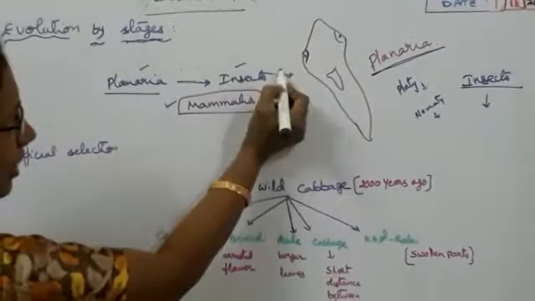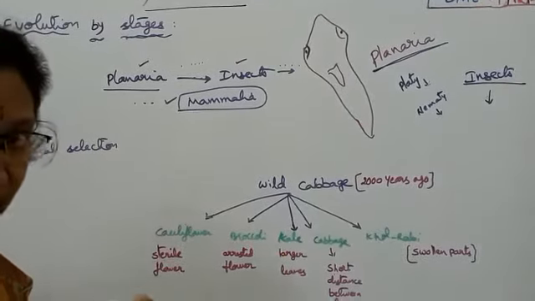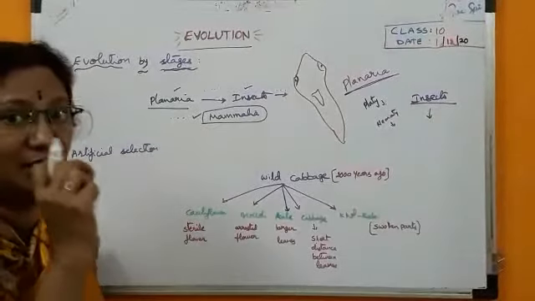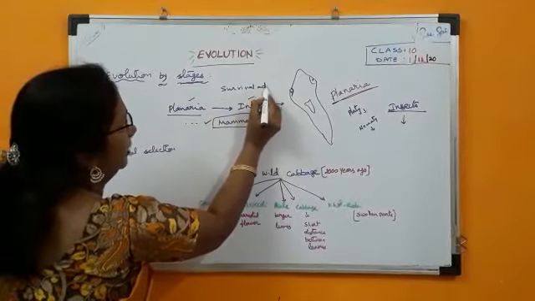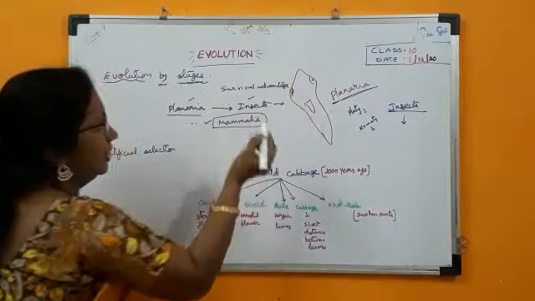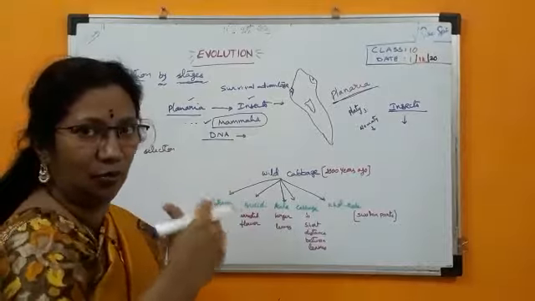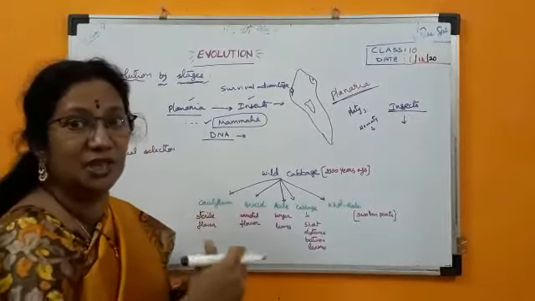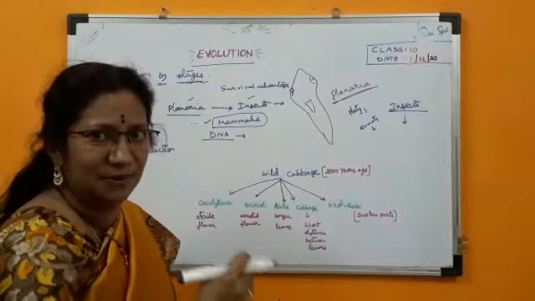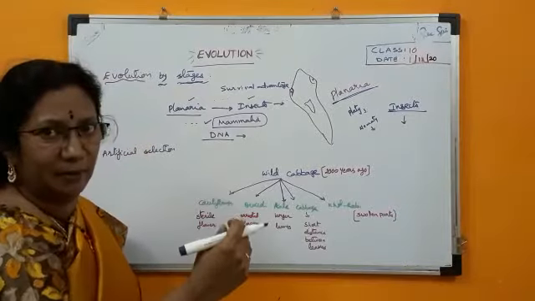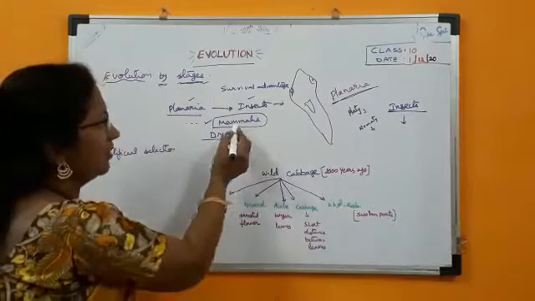Insects are surviving, and from insects to mammalia so many other organisms are surviving. All these organisms are surviving because they have survival advantage. And in each and every stage, the DNA underwent a lot of changes. The DNA change did not take place suddenly overnight. It took a lot of time to change its DNA. When the DNA is changing a little bit, the particular organism developed. But they did not modify themselves into other organisms because they have their survival advantage.